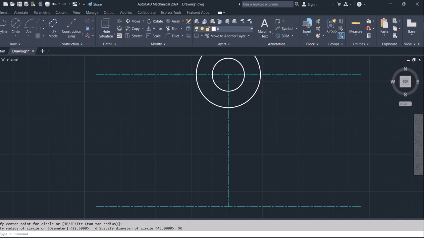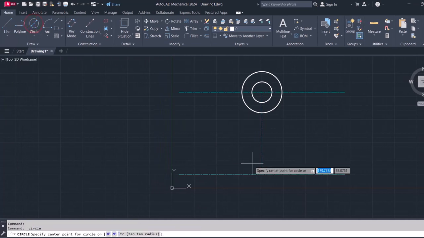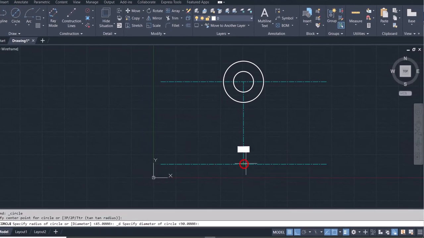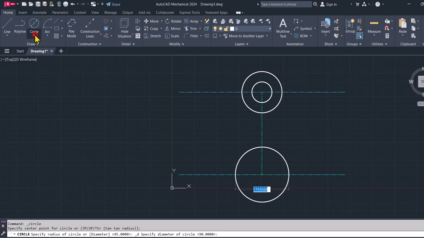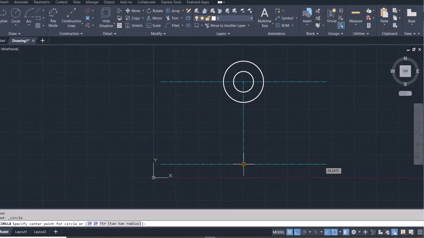And then I'll come to the bottom and I have a semicircle located at this point with a diameter, or this time around the radius was given, so the radius was given as 45. Let me use the center radius method. So center and then the radius is 45